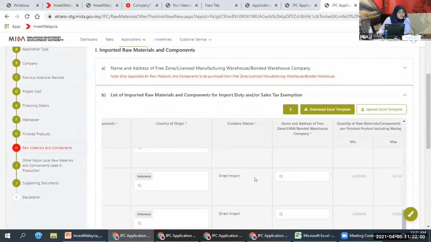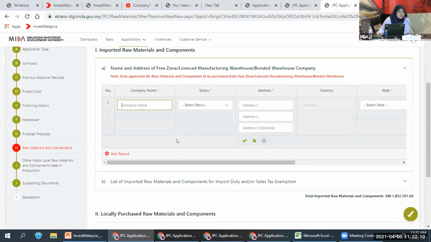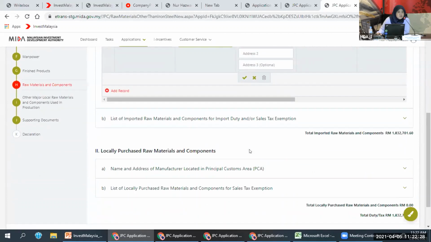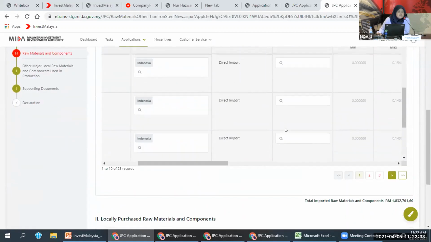If your selection is other than direct import, first you have to key in the information here. If it is LMW, or free zone, or bonded warehouse, you have to key in the company name and information here first. The record or information you key in here will be populated here.